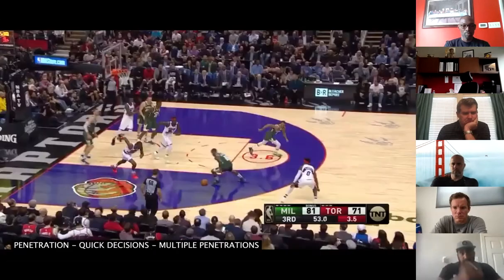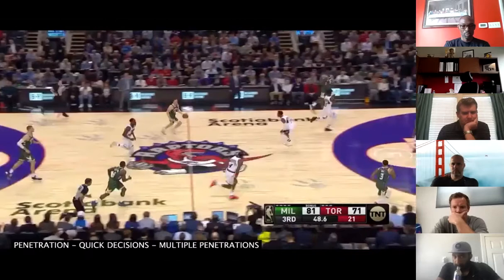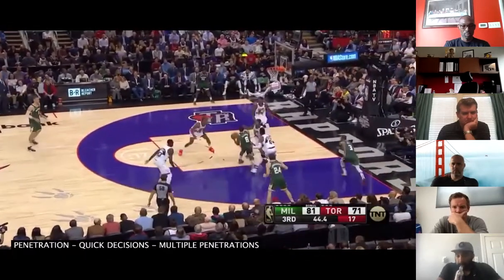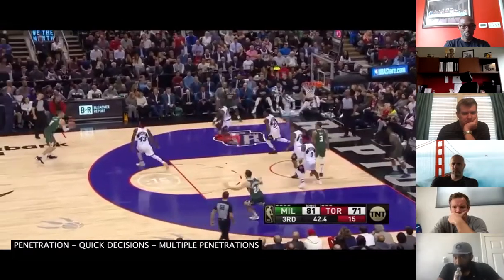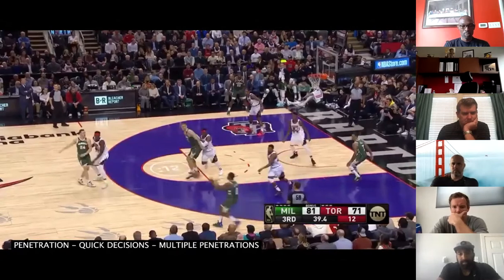Multiple penetrations are critical, and the best way to do that is not allow the defense to get set. And this is a great possession to me of that. Obviously, we see unselfish play. We see the ball not stopping at all, and the defense is never really allowed to get set, and we